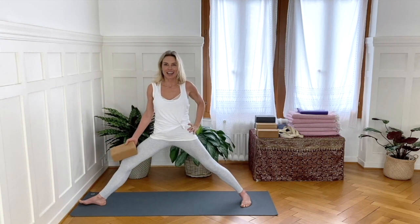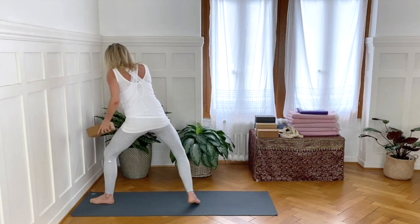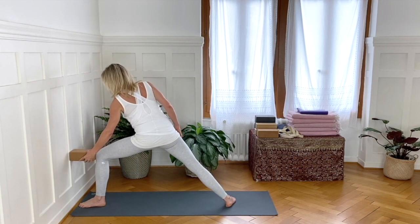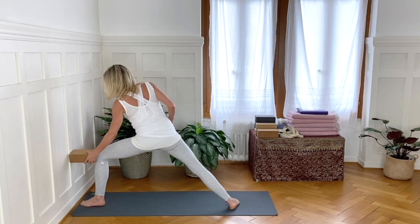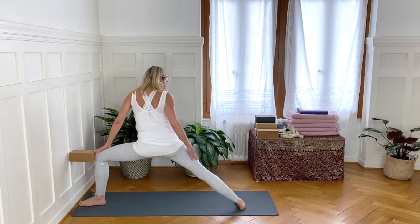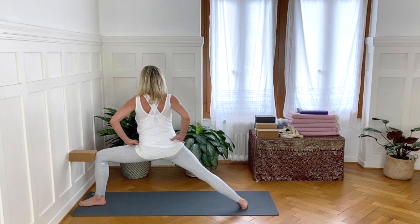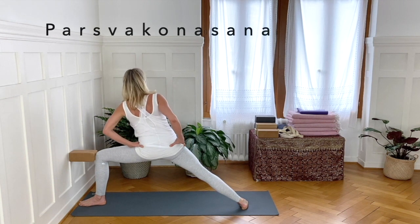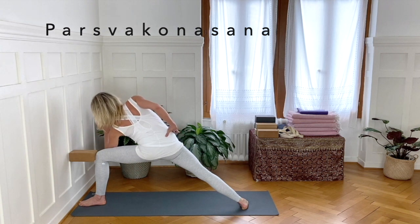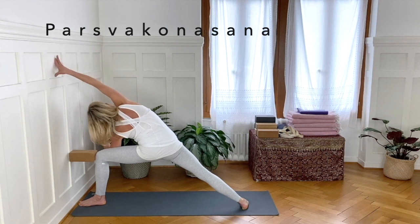and changing sides. Parshvakonasana, using the block, using the wall, accentuating the twistingness and the femur bone coming in to that front hip socket. So first of all, finding the width. Push into the outside edge of that back foot, squeeze the back inner knee and flatten this front thigh. Inclining towards the wall, hips and buttocks are moving back, bending this front arm and pressing it against the inner knee. And then extending the top arm, finding the wall,